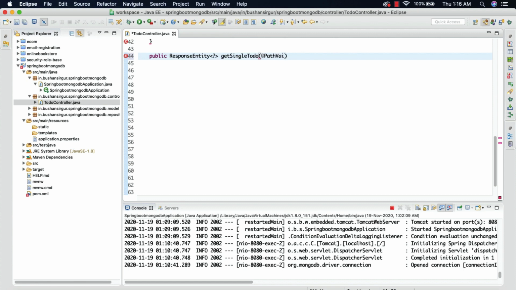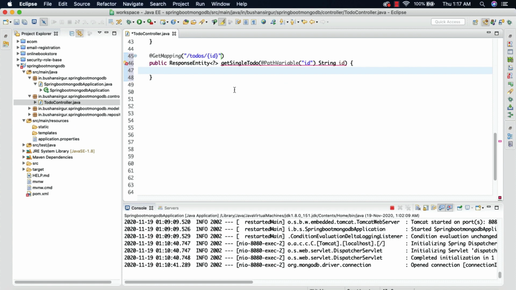So path variable, and I'm going to specify the path variable ID, which is of type string and ID, and I'm going to annotate this with the @GetMapping annotation, and I'm going to specify the URL /to-dos/ and we're going to specify the path variable, and within the curly braces I'm going to specify the variable name, which is ID, and let me import the path variable,